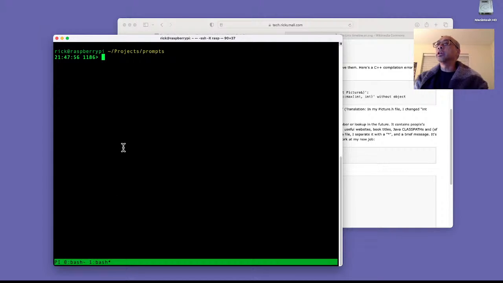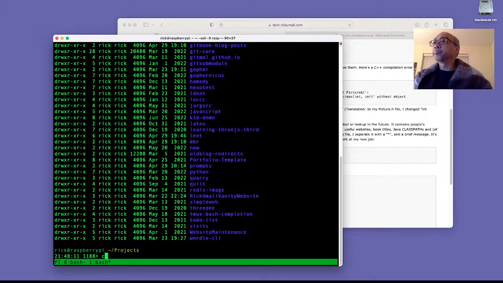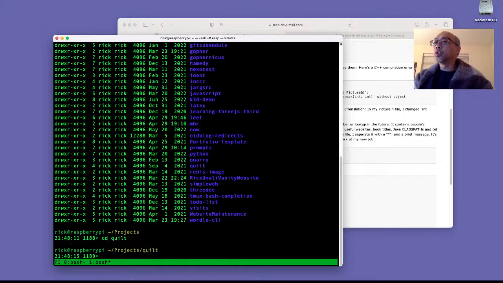And right here you could see the prompt is 2 lines. It has my name, my username, the host name, the current directory. So if I go up a directory, you could see the directory name is changing in the prompt itself. It's baked into the prompt. In addition, the prompt also has the time, and it also has this number here, which represents the command number. It's the history number of this command that I've typed.